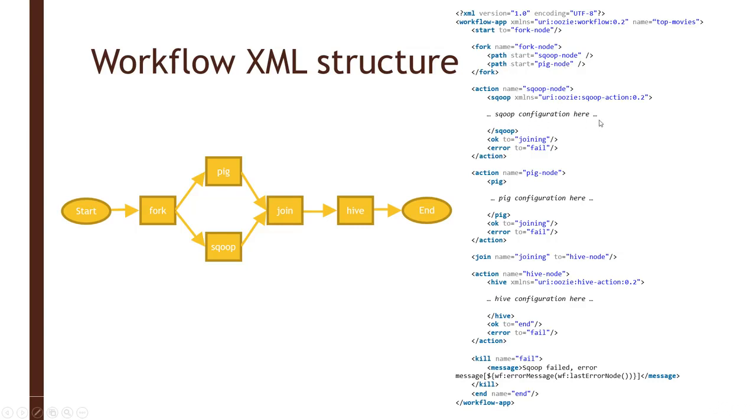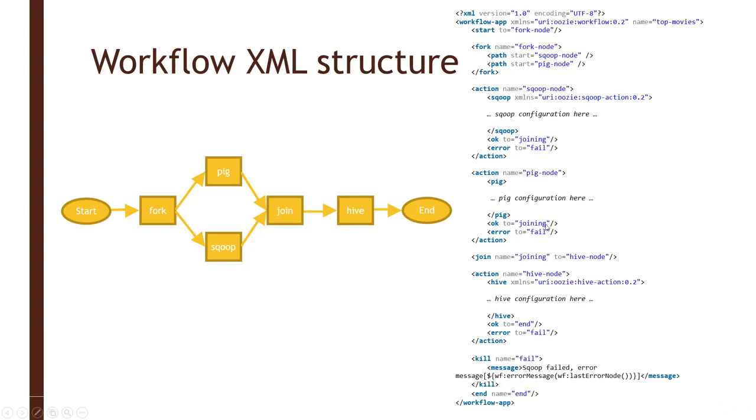And there'd be a bunch of configuration here that says exactly what Scoop should execute and what its command should be. And at the same time, it will look up the Pig node and run its configuration as well. So this will specify some specific Pig file that it wants to run in parallel as well. And you can see both of these say OK to joining, and that means that when they're finished, they're going to go to the